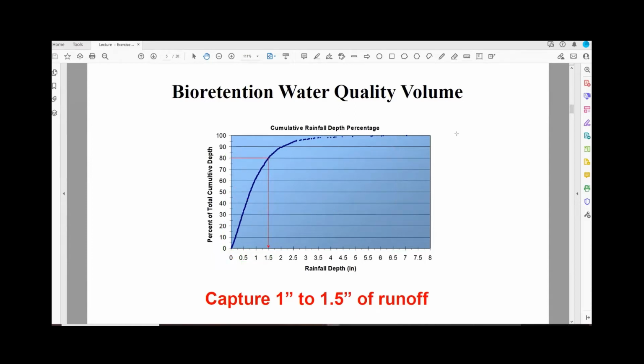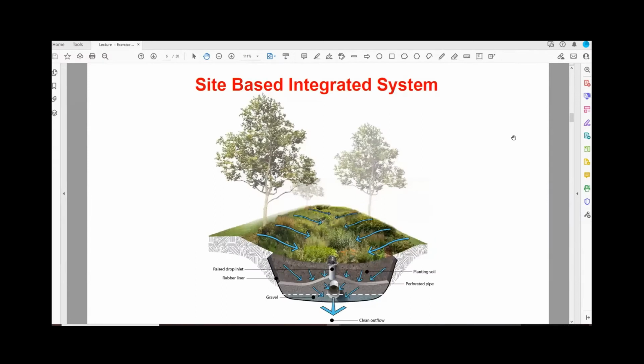So if we capture this water in these bioretention systems, we're then going to filter the water. And there are lots of ways that we can filter the water. Here we just have a set of bioretention systems. I encourage you to come back and look at these later. This one has a perforated pipe underneath. It has a rubber liner to make sure there's no infiltration. But there'll be a good amount of evapotranspiration in this one, and water will be filtered and then allowed to